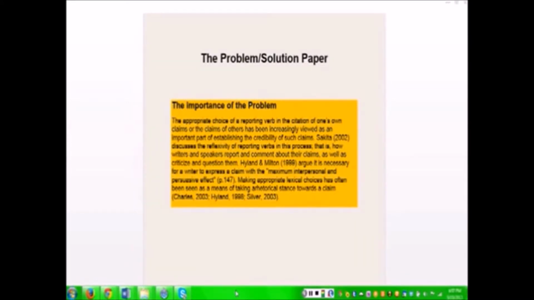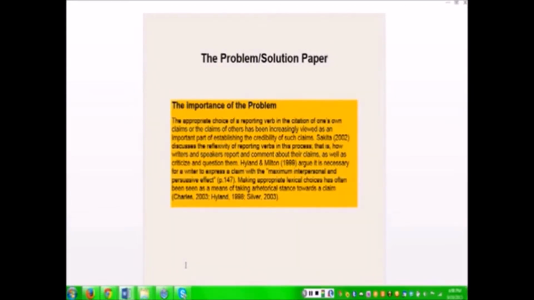So this is a paper that I actually wrote about reporting verbs. And if you look at the first sentence, the appropriate choice of a reporting verb in a citation of one's own claims or the claims of others has been increasingly viewed as an important part of establishing the credibility of